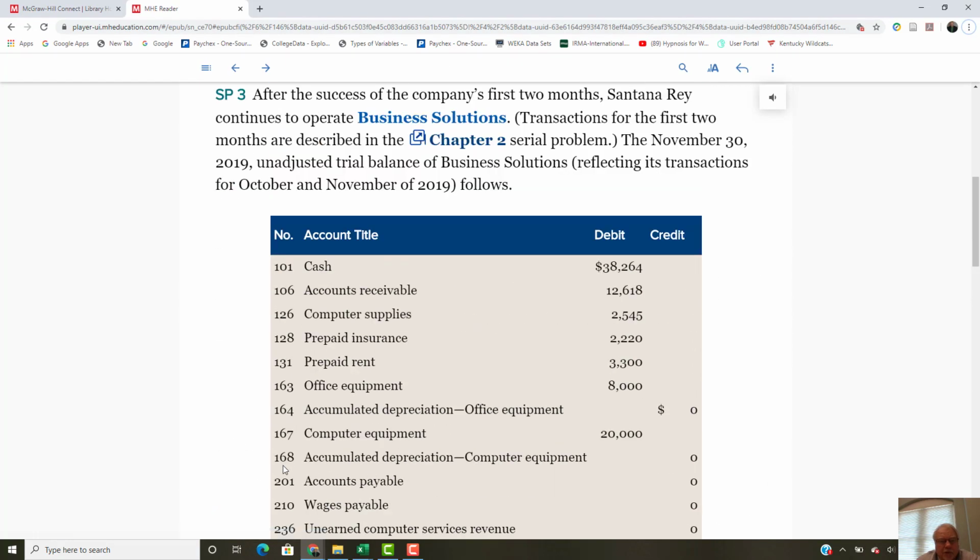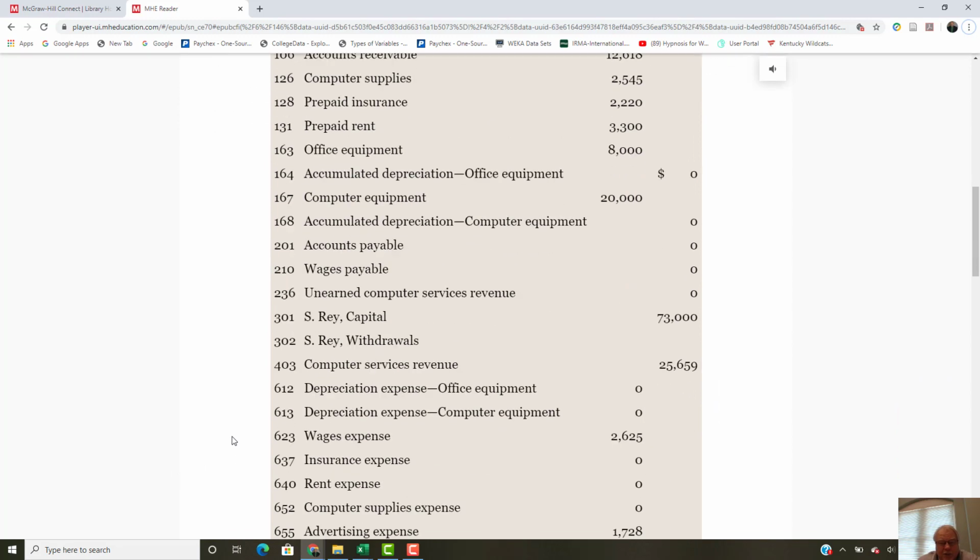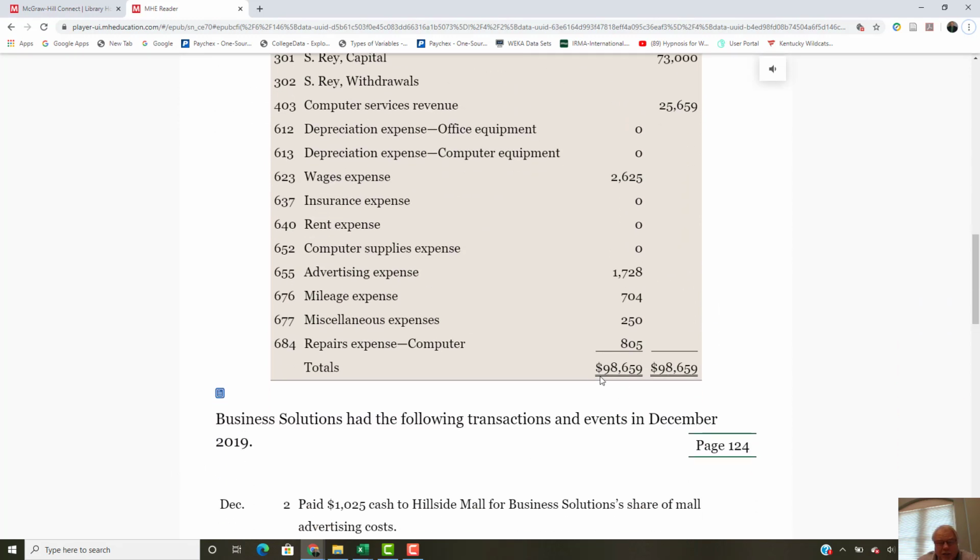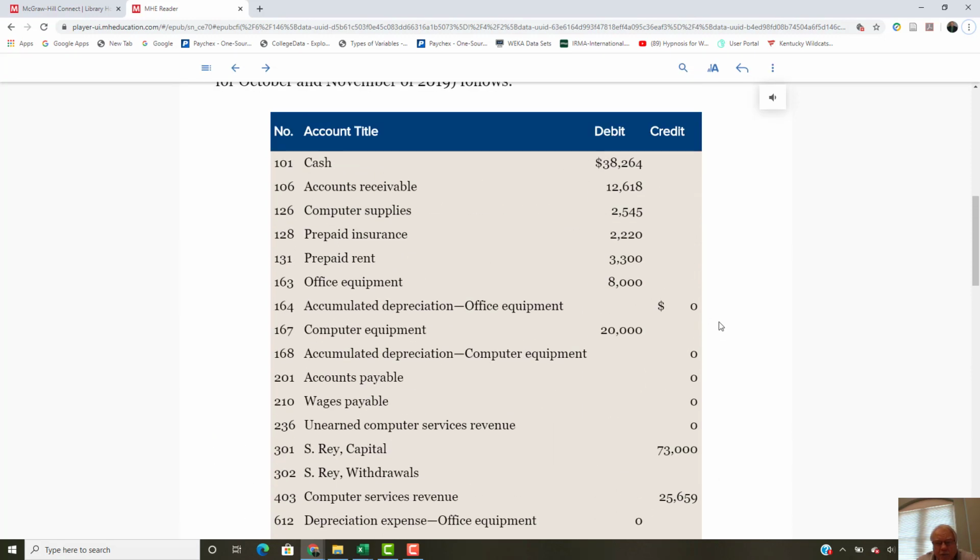Now let's take a quick look at the requirements for the month of December. In this particular case, they've given us a new trial balance. And notice that the trial balance still comes out to $98,659. However, you'll now notice that what they've added are several zero balance accounts, accumulated depreciation,